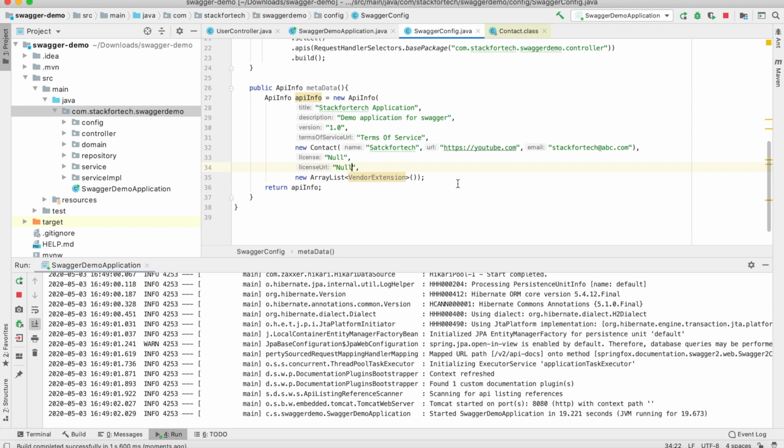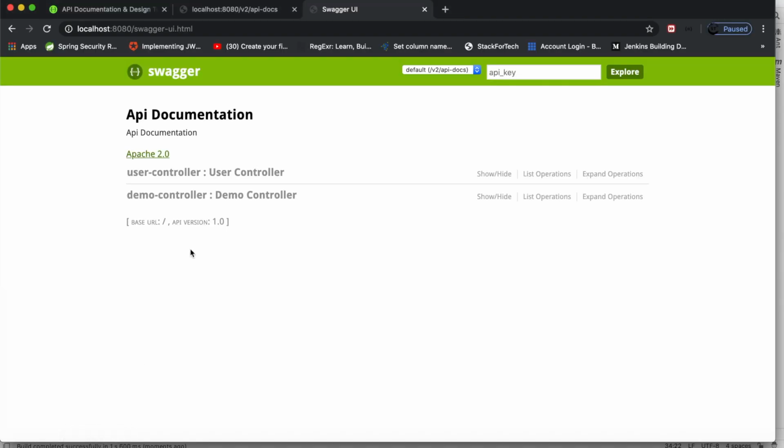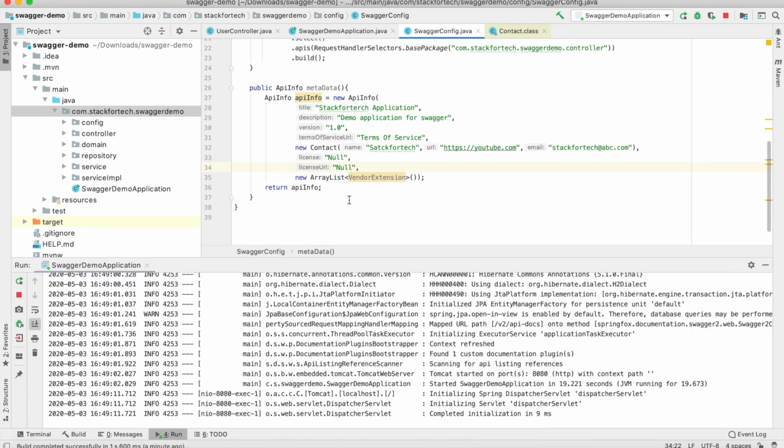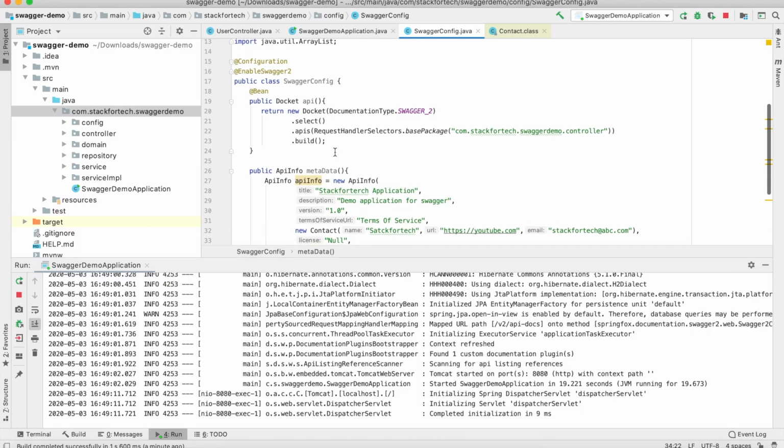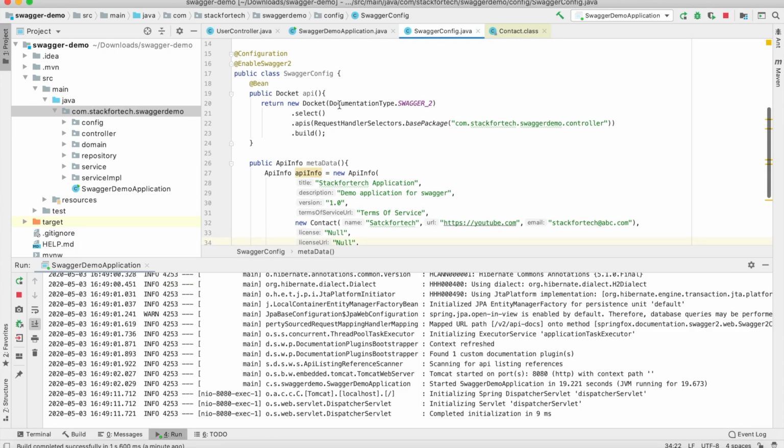Okay, so it has started. Let me go back to the browser and do a refresh, and it has not reflected. The reason is we have created this metadata, but we have not configured it in the docket. Whatever we configure inside the docket is what will get reflected in the UI.